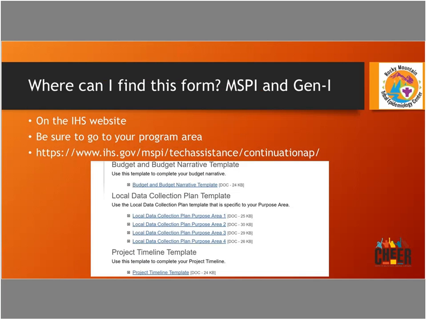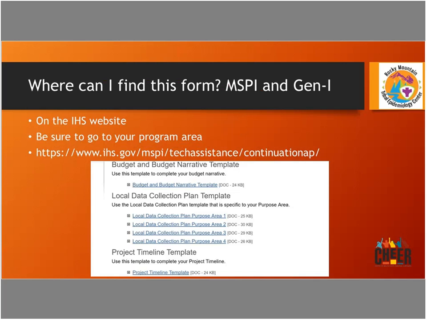Now, actually, Elsie might be able to help a little bit with this too. I don't know personally how that has come to you. I do know that if you don't have it and you can't find it, you can go onto the IHS website and they're all there. It may already be with you in some kind of packet that you've received from headquarters. But if you don't have it on you and you don't know where to look for it, you go to the IHS website and the link is on here.